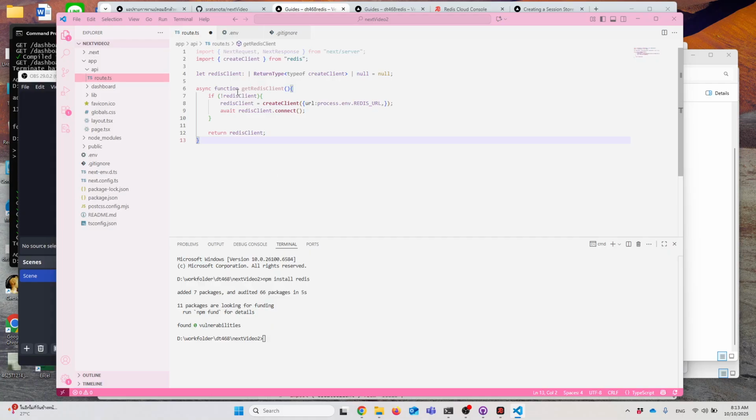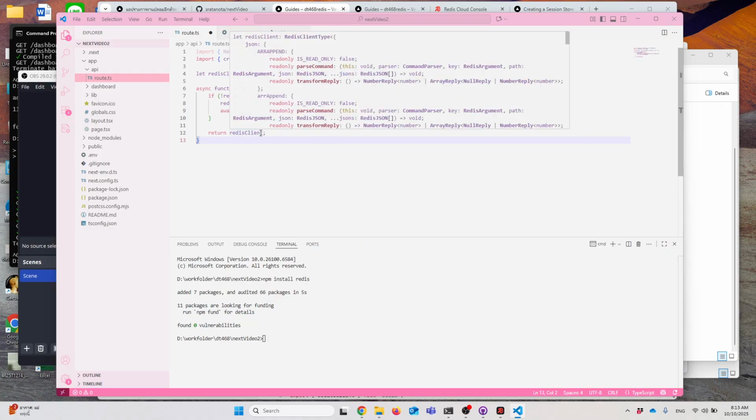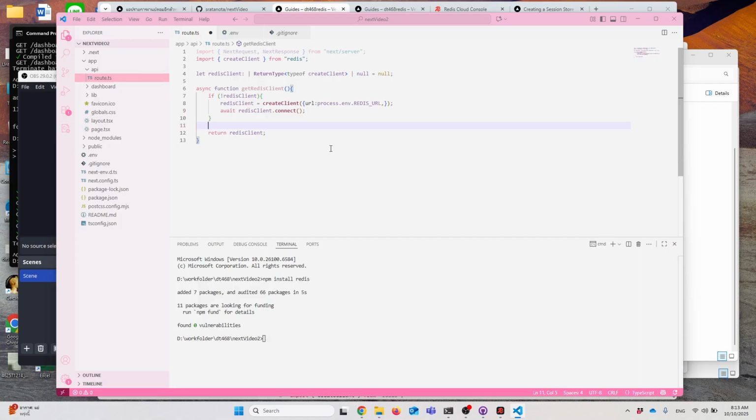Okay, so we're going to return the version that's already connected to the database. Yeah, just to make sure. Actually, so that we don't call reconnect, it needs to be in the if, so that we don't connect it several times. Okay, that's good. So now that we have this function,